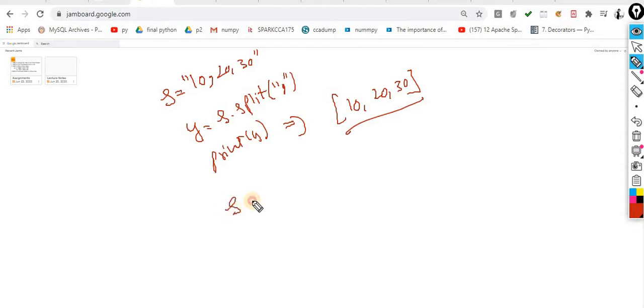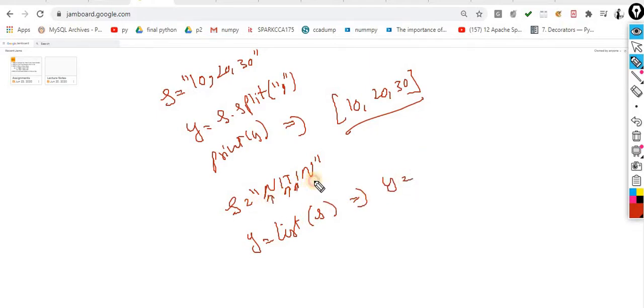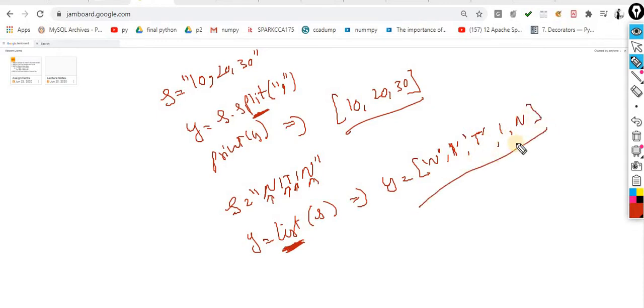And let's suppose there is a string that contains my name, and I want to convert it into a list. Very simple: list of s. Now what output will you get? y will automatically break character by character. When I do the typecasting, I am converting it into a list. Converting a string into a list is called typecasting, and the other concept is called splitting. For this, your list will become: the first element n, the second i, the third t, again i, again n. So it will become something like this.